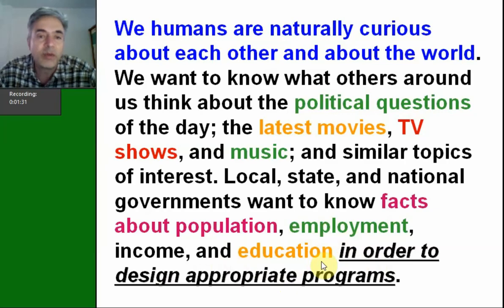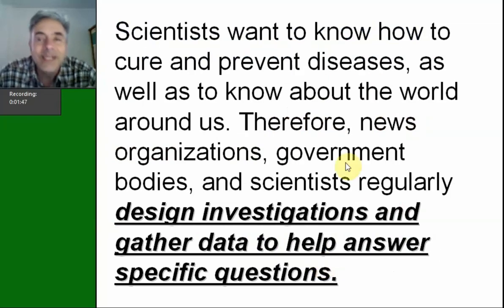For example, if you have to investigate every person in the country, it's a lot of work and lots of money to acquire that information. But when you do it statistically, you can reduce the amount of money that you need to invest to find such an answer. So scientists want to know how to cure and prevent diseases, as well as to know about the world around us. Therefore, news organizations, government bodies, and scientists regularly design investigations and gather data to help answer specific